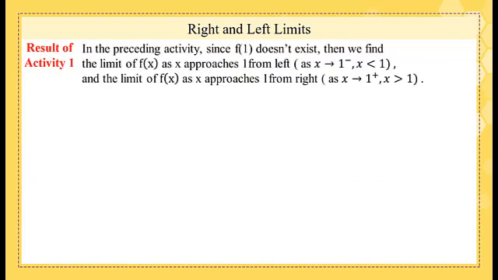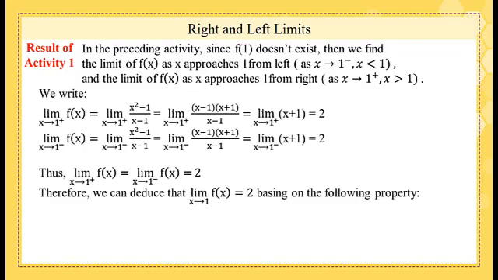From the result of the preceding activity, since f of 1 doesn't exist, we shall find the limit of f of x from the left, where x tends to 1 minus, and from the right, where x tends to 1 plus. And we write it this way. The limit of f of x as x tends to 1 plus equals the limit of x squared minus 1 over x minus 1 as x tends to 1 plus. Since it's 0 over 0, we shall factorize x squared minus 1 into x minus 1 times x plus 1 over x minus 1,